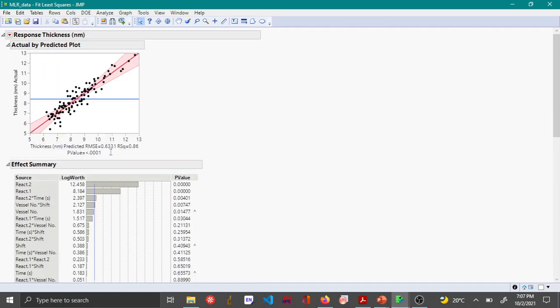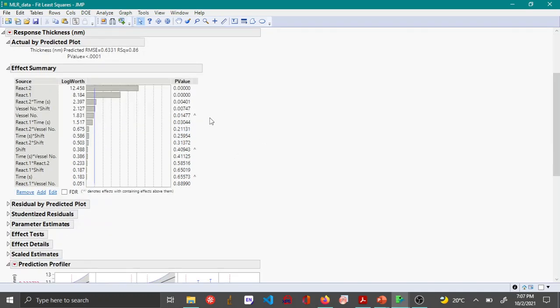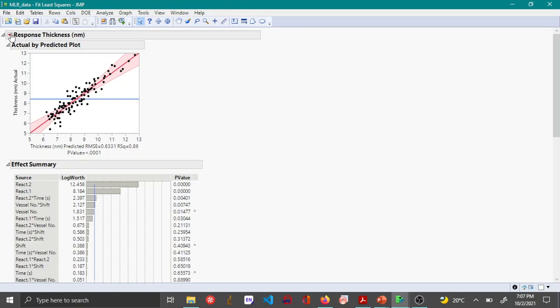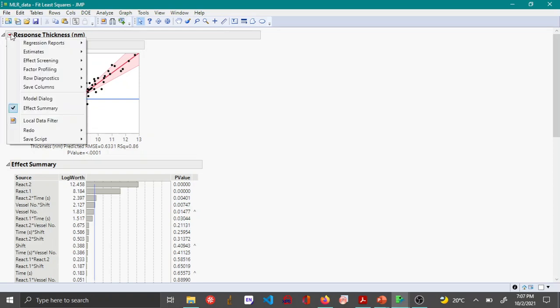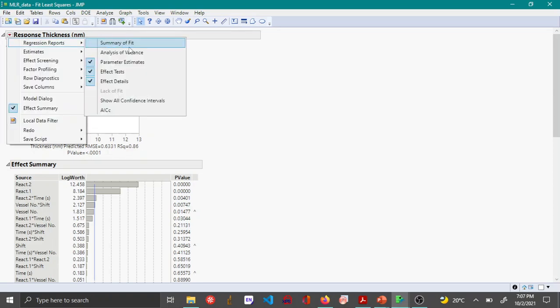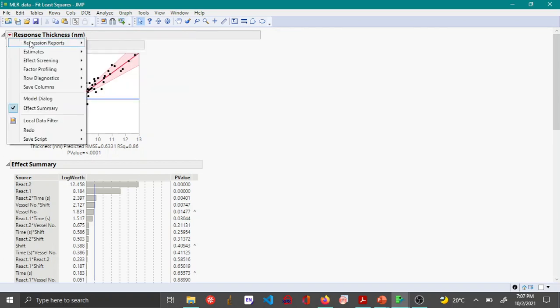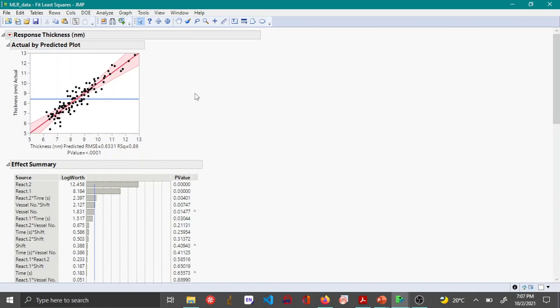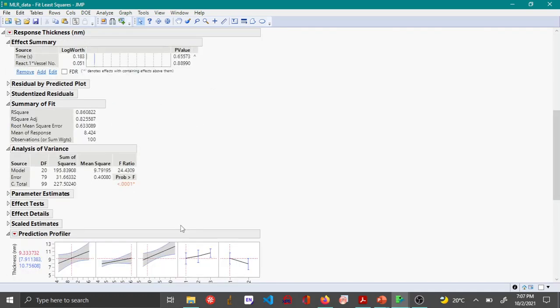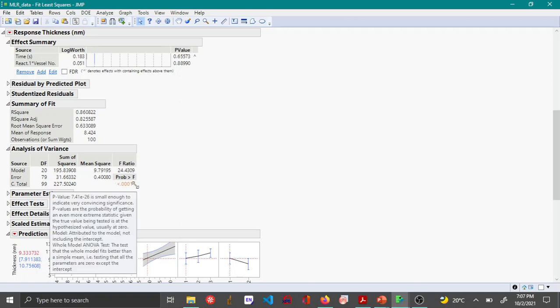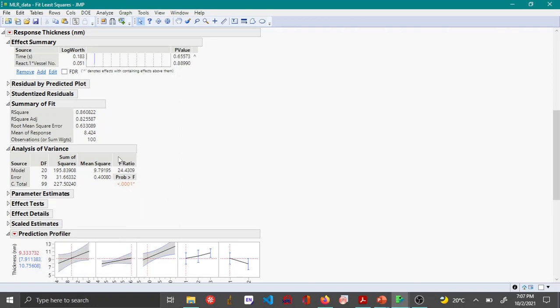Also, by default, when you're adding interactions, you see that your ANOVA table does not show up. So you can open that by going to the red triangle option, regression reports. The summary of fit is also not visible, so you can open that up. And now if you remember from the ANOVA table, you can see that the p-value is significant, and the F ratio is also higher than 1.